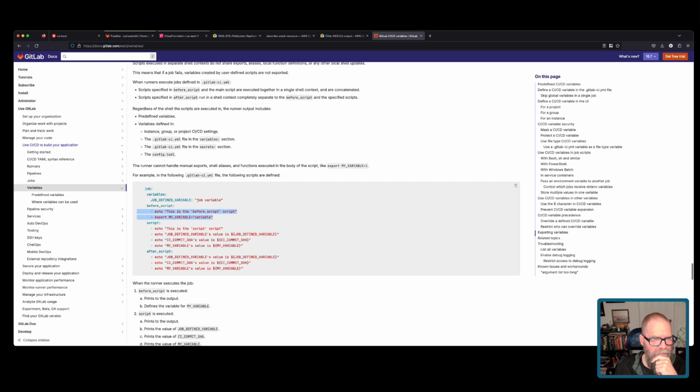So we could maybe do something like before the script, we go off and get the variable. Then we use the variable in the script here. Right, because there's exporting it. I wonder if we could just do something like